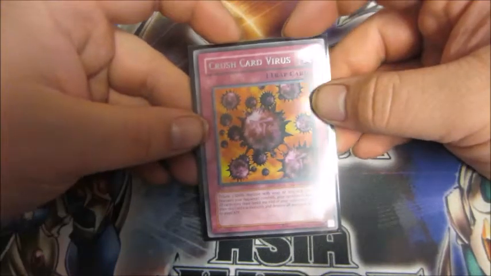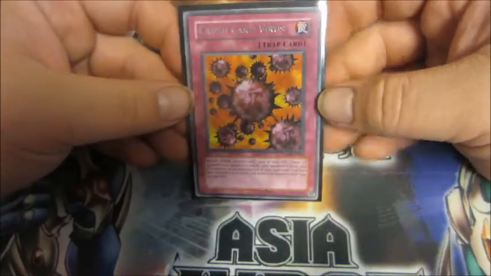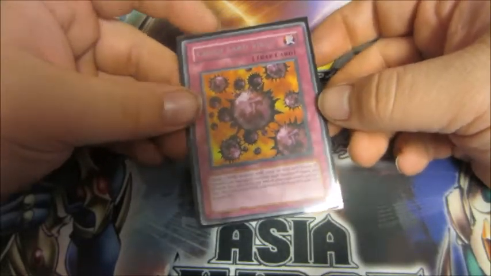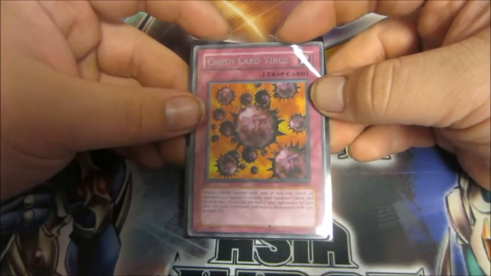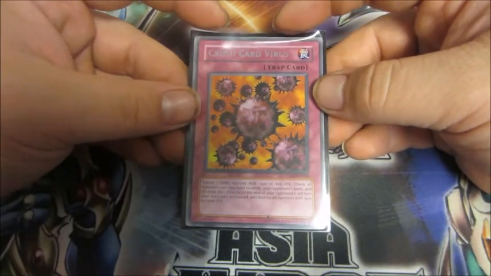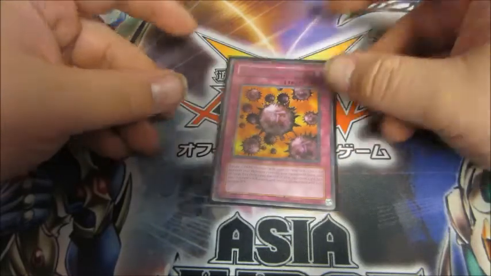Next up, we have one of the best trap cards ever made before it got errated. It is Crush Card Virus. Obviously, we have to play it with the old text for character deck duels. Not playing this by its anime effect. The anime effect is just way too broken. So we're just playing it by its old printed effect,